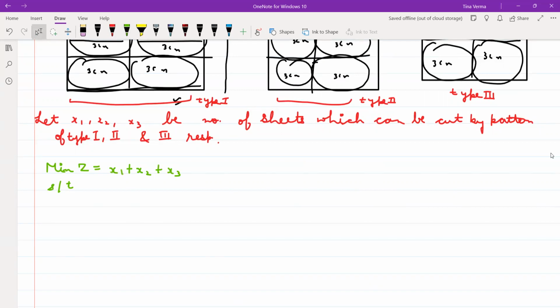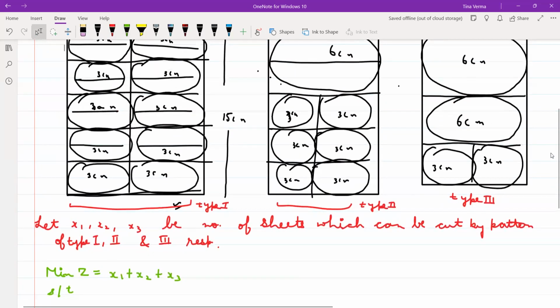The next comes a turn of constraint. अगर एक पैटर्न शीट टाइप 1 की है, उसमें से आप 3 सेंटीमीटर की कितनी शीट्स कट कर रहे हो? सर्कुलर प्लेट 10, 6 सेंटीमीटर की 0. दिस इज फॉर 1. अगर मेरी X1 शीट्स हैं तो कितनी कट होंगी 3 सेंटीमीटर की? 10x1, राइट? एंड 6 सेंटीमीटर की 0x1. ठीक है? एंड फ्रॉम दिस पैटर्न 3 सेंटीमीटर की कितनी शीट्स निकाल रहे हैं हम? 6, राइट? एंड 6 सेंटीमीटर की 1.